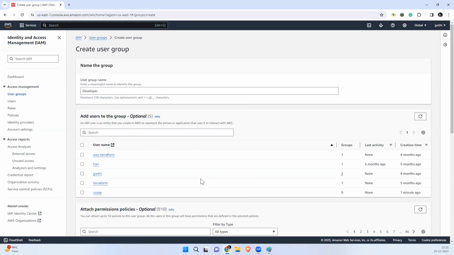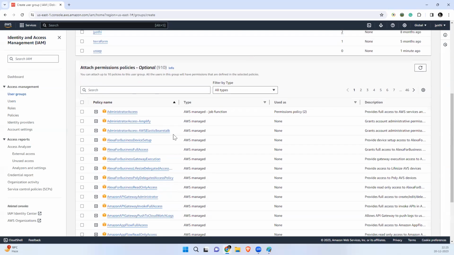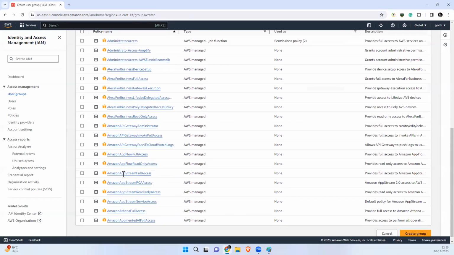This group attaches to the policies. What is the policy? AdministratorAccess, or EC2 full access.